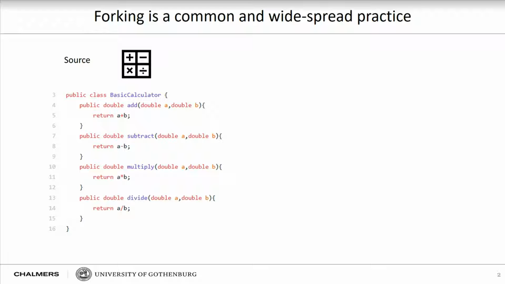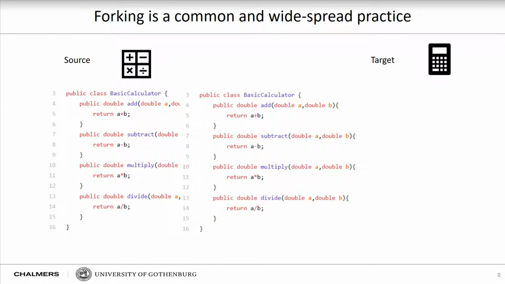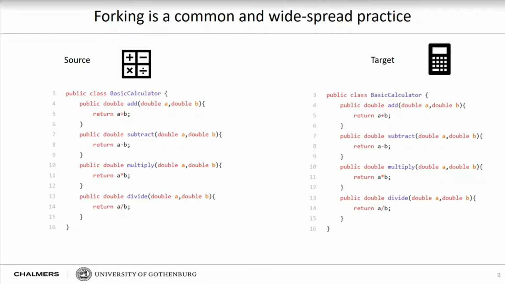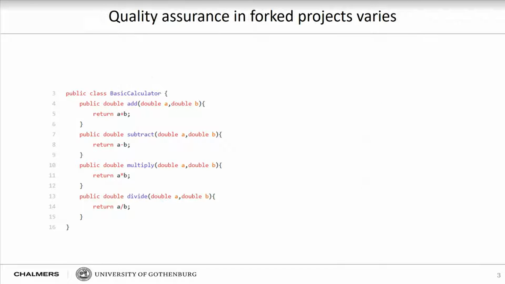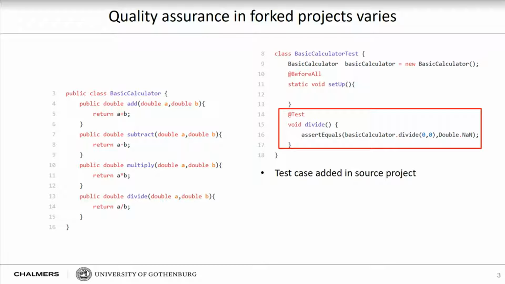Let's assume that you are a developer working on a basic calculator with 4 math operations, and some time later, another developer is requested to build a scientific calculator. So instead of building that calculator from scratch, this developer forks your project and then adapts it to build the scientific calculator. As part of quality assurance, you then decide to add a test case that exercises the divide method